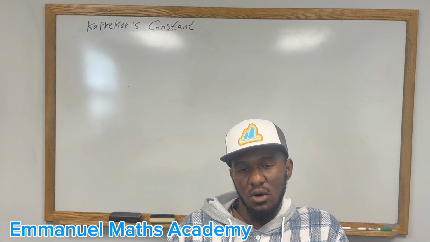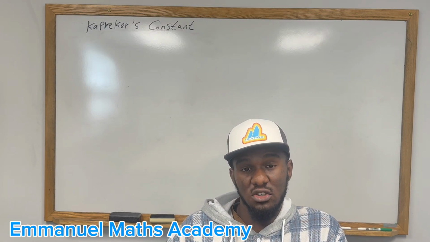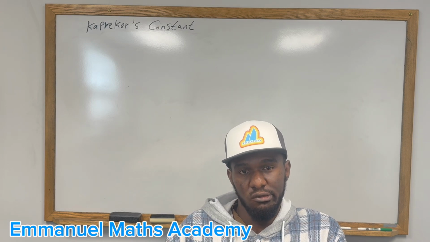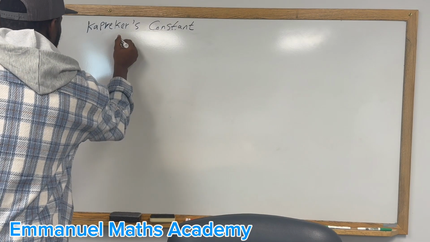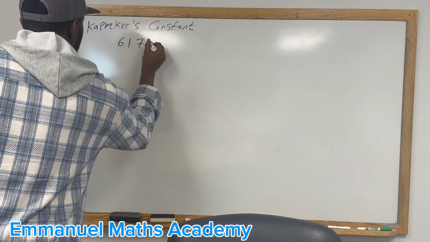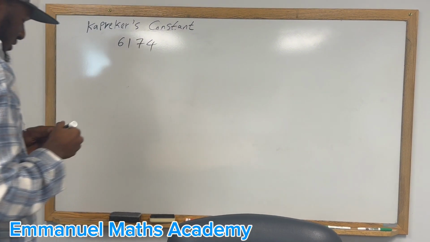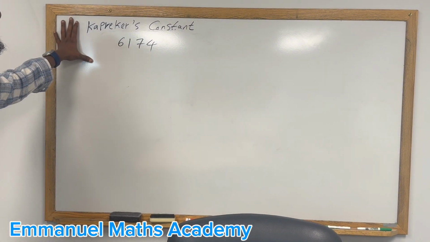Hello, what do you know about Kaprekar's constant, the magical number? Alright, so this is basically the number, 6174. So what is amazing about this number is typically